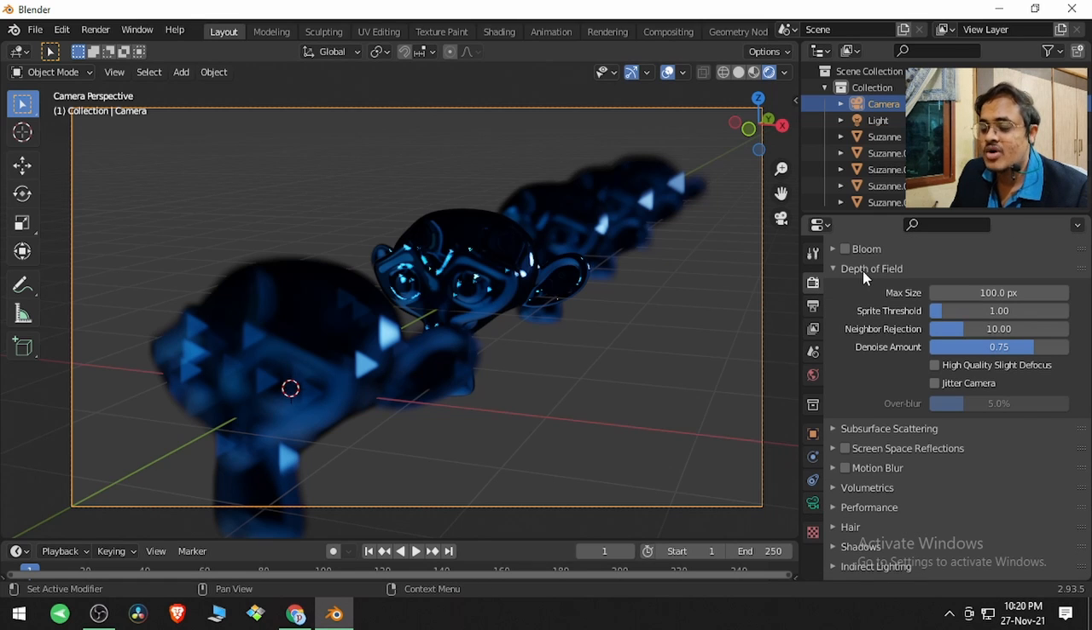Now we will see what depth of field is providing us. So here the maximum size is going to give us how much blur you want your scene to have. It is a maximum threshold, maximum limit, maximum size that you can provide Blender, and tell Blender that this is the level up to which I want my blur to happen. Sprite threshold and neighbor rejection. What this defines is Blender's